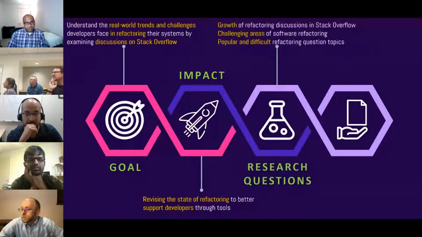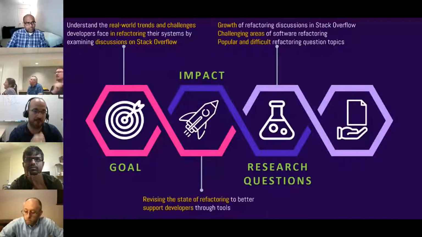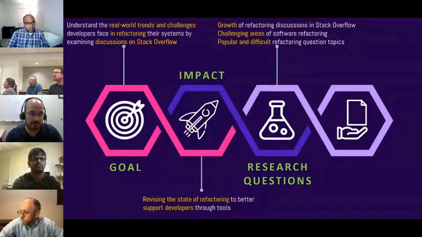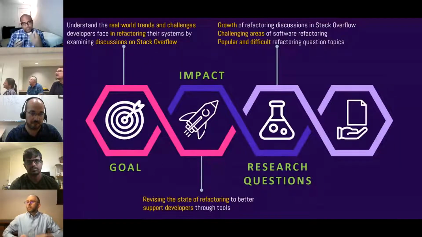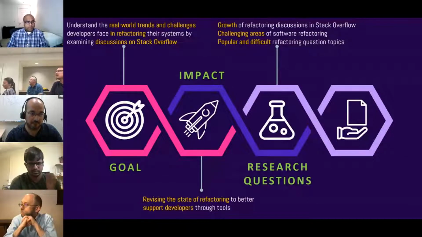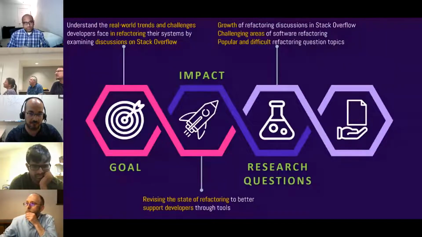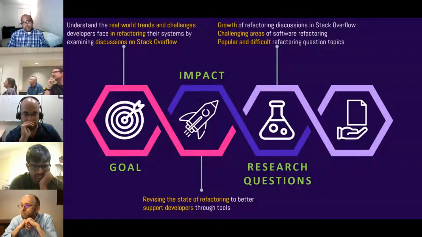We have three research questions. The first examines the growth of refactoring discussions on Stack Overflow and the technology landscape involved with developers refactoring their code. The second research question utilizes natural language processing techniques such as bigrams and topic modeling to present a more granular view of the challenging areas of refactoring that developers encounter or require assistance with. And the final research question examines the refactoring topics that are popular among developers and also the topics that are